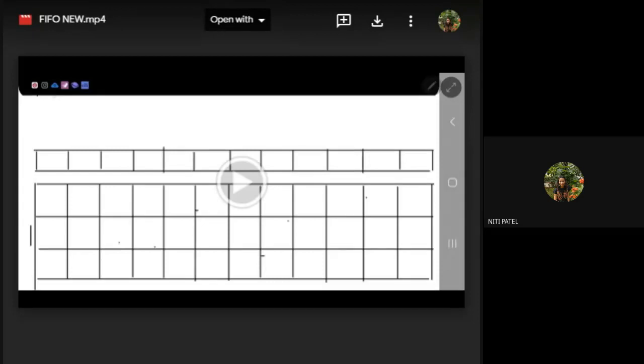You have processes P1, P2, P3, P4. All 4 processes are divided into 4 pages, and your main memory also has 16 slots of 16 KB, where one process of 1 KB can fit. Yes or no? Then what did we see? I took out P2, P4 and loaded P5. So if P1, P2, P3, P4 are already there and P5 has to come, can P5 be accommodated in the main memory? No, ma'am.